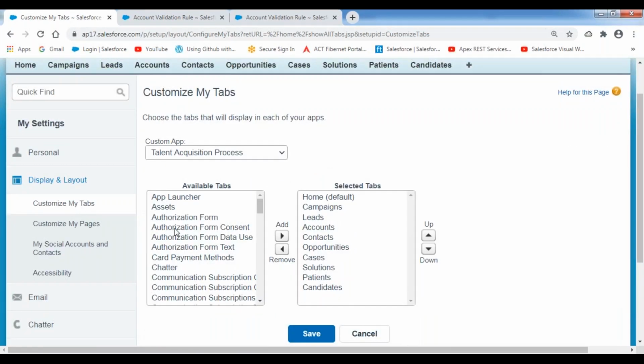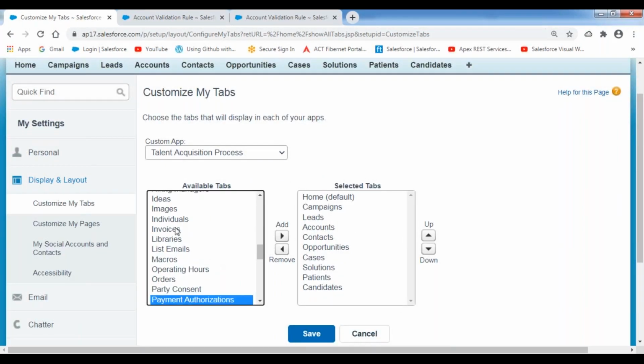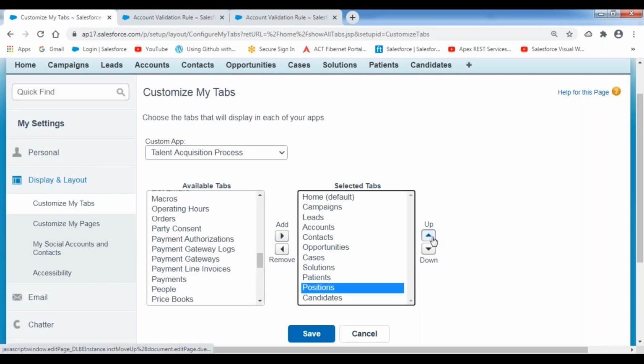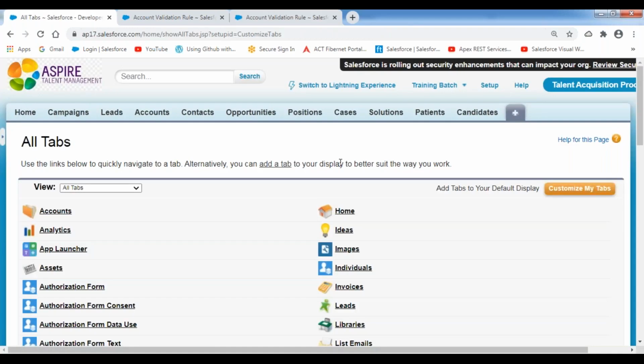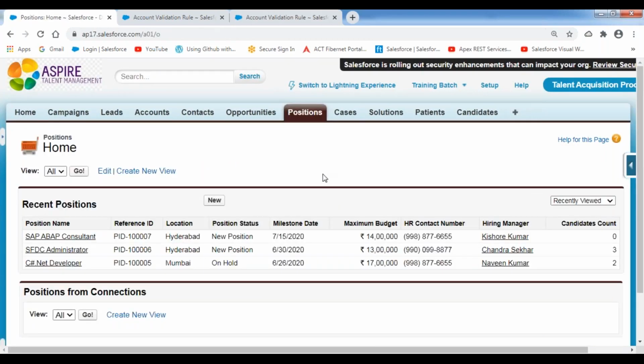I have an object with the name position. It's a custom object. Position is a custom object. Whenever I'm creating a new position record, I have some fields available.